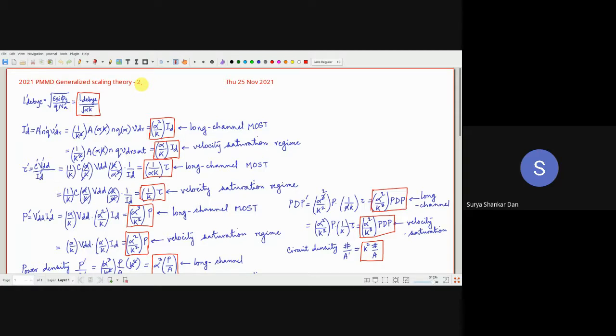Okay, so now in today's lecture, what we are going to do is look, in a much more practical sense, at the influence of scaling from the circuit performance perspective. In a previous lecture, one topic was still left. I missed it. That is the device length.